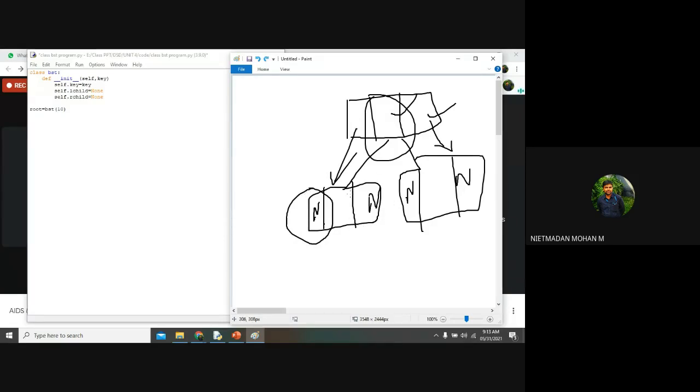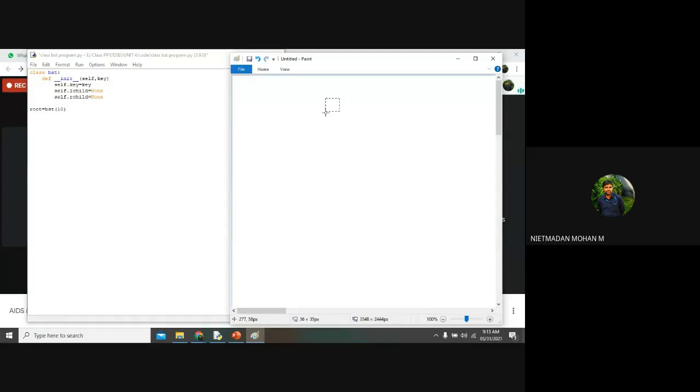So first what we want to do is create a root node, right? First step, what we want to do in a tree? We want to create a root node. Whether we declare a root that consists of data or a root that consists of no data, however it may be, first we want to create a root.